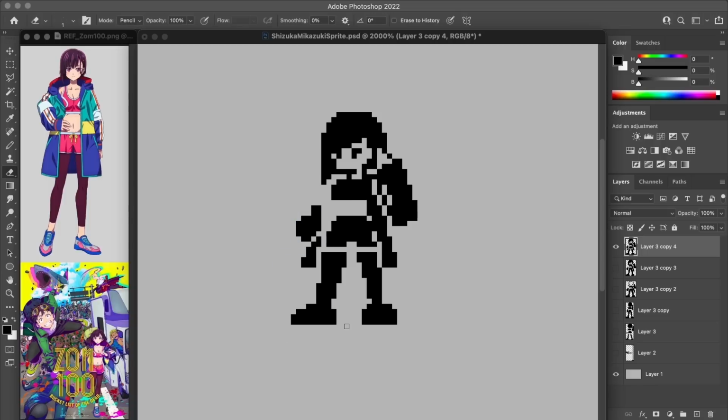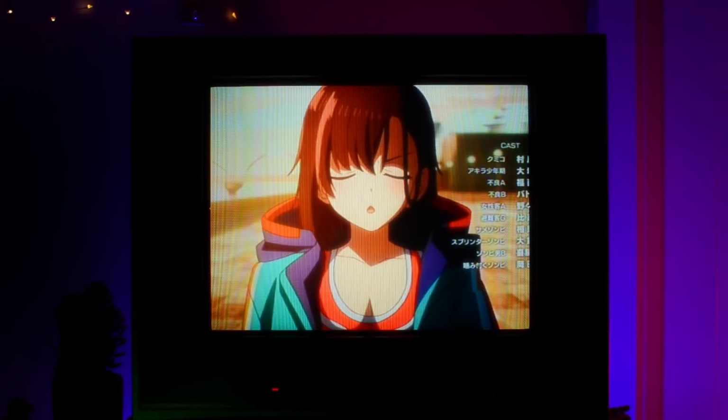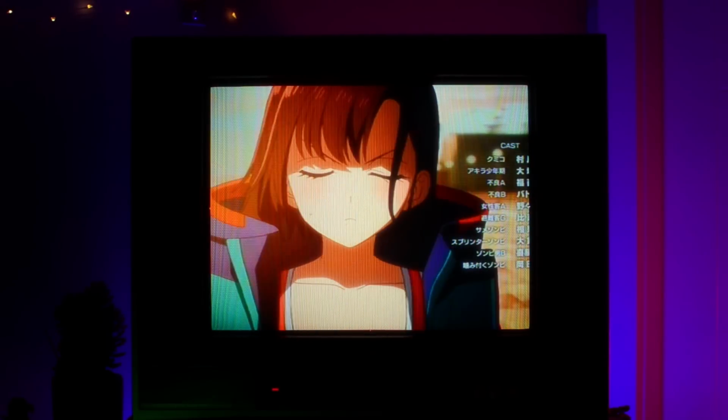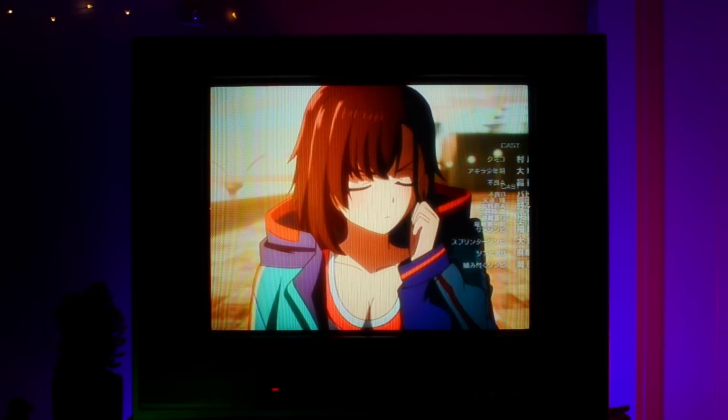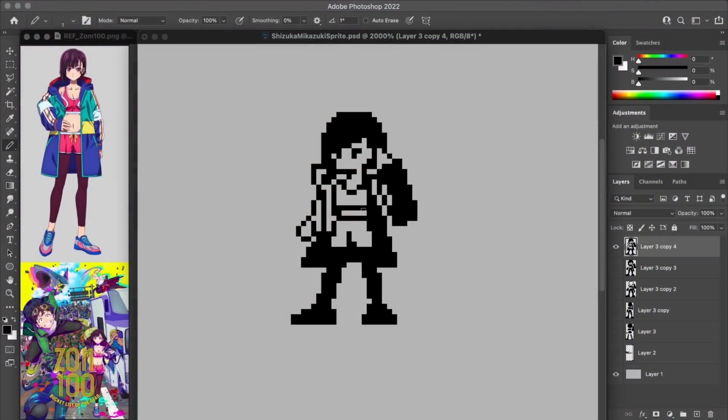I'm trying to create a pose where she's got one arm bent up with her hand beside her head, because in the series, one of her character traits as far as body language goes, that I've seen a couple times at least, is that she'll kind of comb this little strand of hair behind her ear. So as far as just trying to come up with a singular pose that's somewhat representative of the character, I thought that this could be a nice trait to work in.